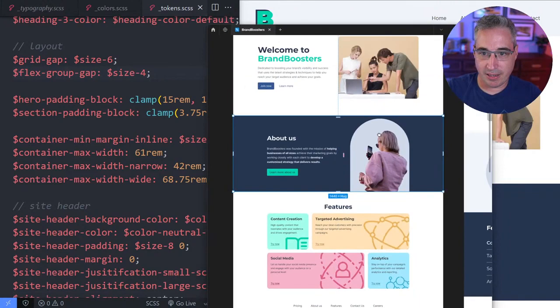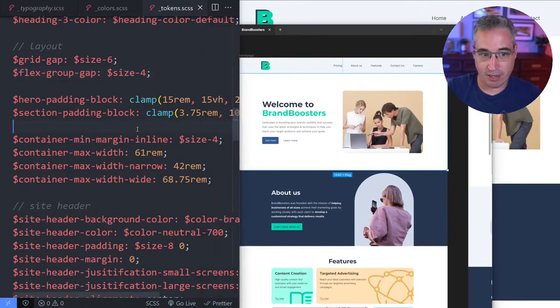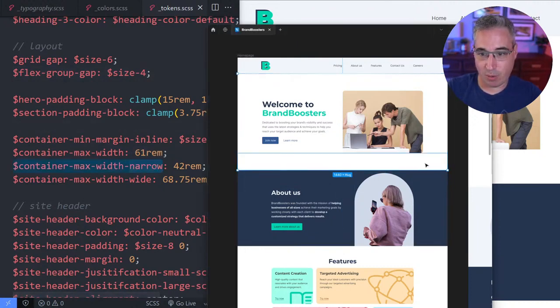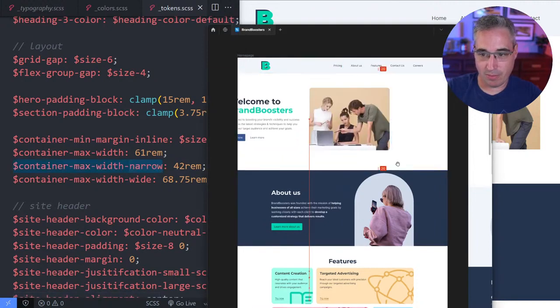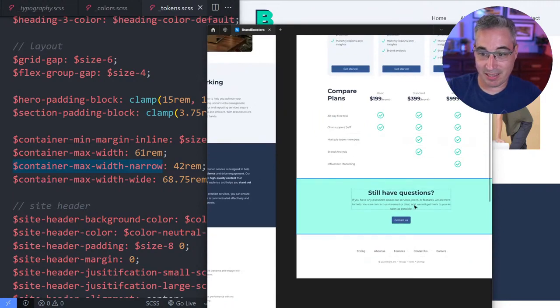So what I would do for that is I'm looking here, and this area at the top is wider than this area down here. So I have a container max width, which is my normal one. I have a narrow container for things, come on, where's the hand, Figma? There we go. For things like this, you always have those areas where you need a container, but it needs to be